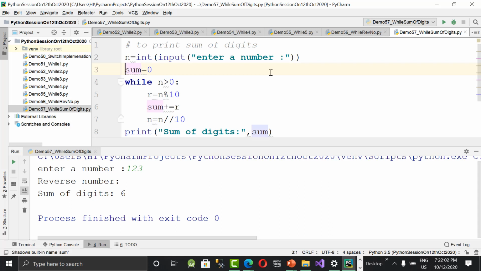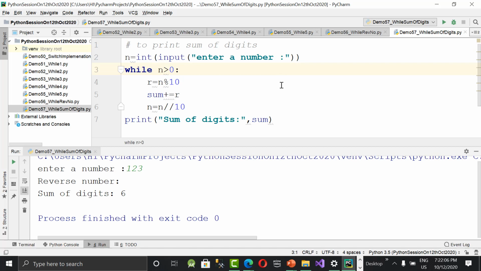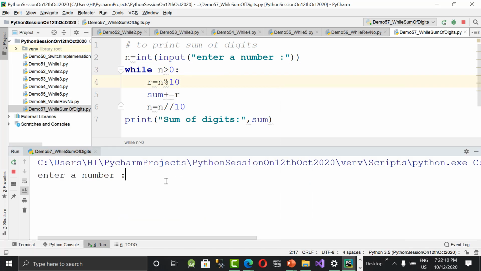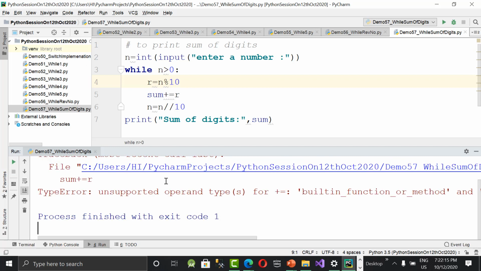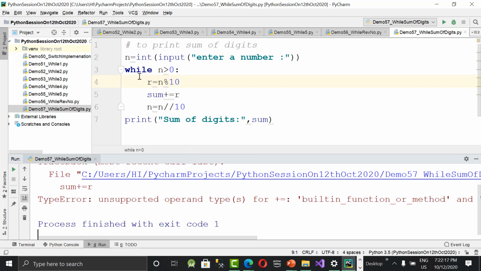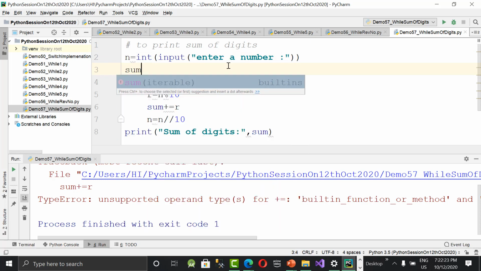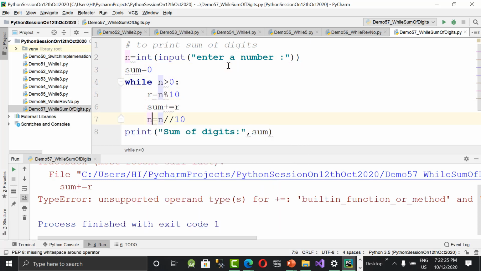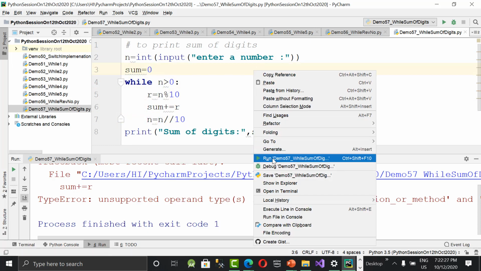That is the reason, we have a built-in function sum. Take a variable sum is equal to 0. Now run it. It's perfect. So now let's write 1, 2, 4. So 7. 1 plus 2 plus 4, 7. Like this, we can do the sum of digits. So this logic: n greater than 0, r equal to n mod 10, n equal to n double slash 10. By using this model, this logic, we can do many examples.